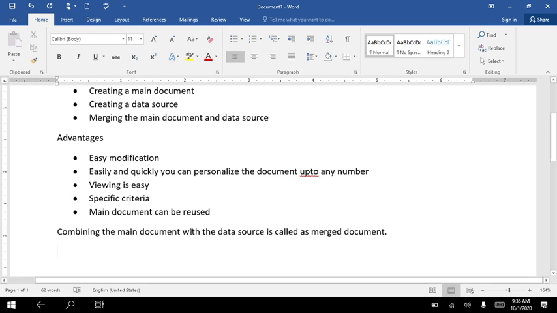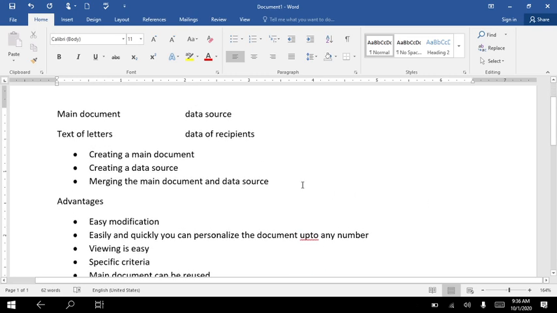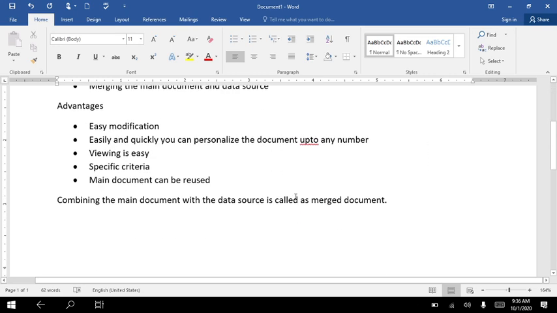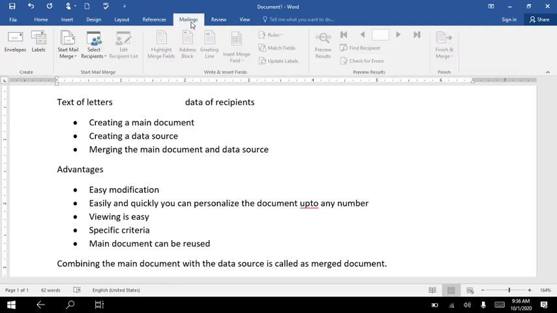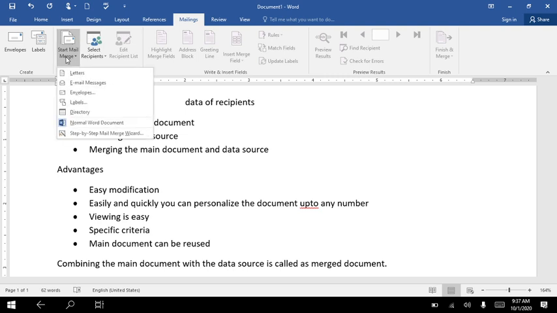Selecting document type. The first step tells us to open a new document in MS Word and click the mailings tab. So this is our Word document, wherein I've typed in what is there. Fine. Now it tells us to click on the mailings tab. Hope everybody is watching this. Click on the mailings tab. Very good. Then click the start mail merge. Click the step-by-step mail merge wizard.